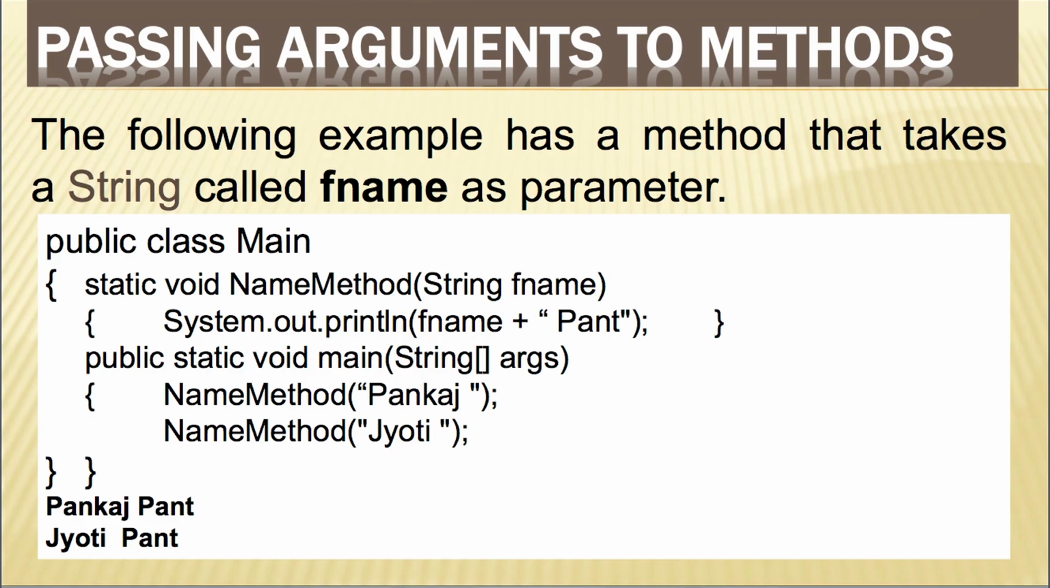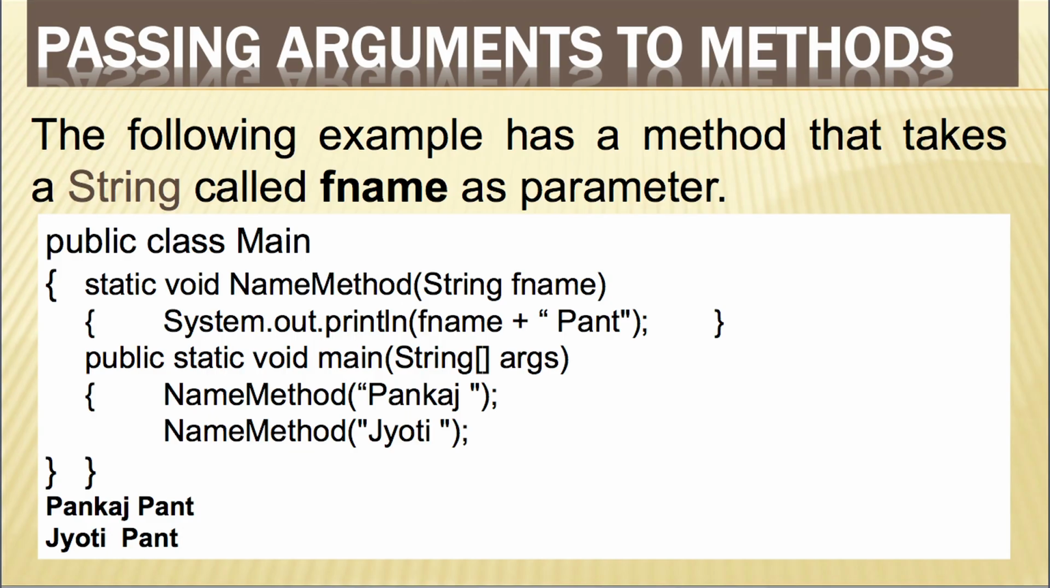Again you can see the name of the class is public class main, and the first function is static void name method, and again we have public static void main. So one method and one main method. The name method has one argument, string fname. The program will start by public static void main, and inside public static void main